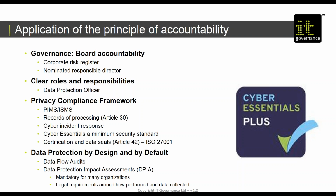You need to keep records of the processing of data. Article 30 of GDPR sets out some very specific records that you need to keep. You need to have a method of identifying breaches and responding to incidents, and you can think of standards like Cyber Essentials as being an absolute minimum in terms of demonstrating that you've taken basic steps to meet your compliance obligations. If you're processing payment card data, you should comply with PCI. If you're in the NHS, you should